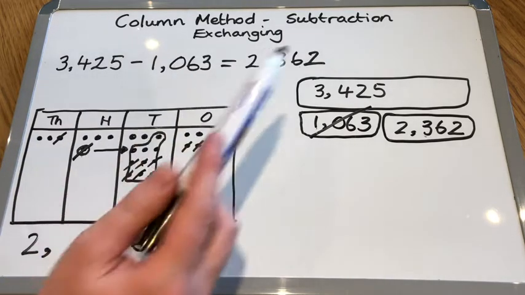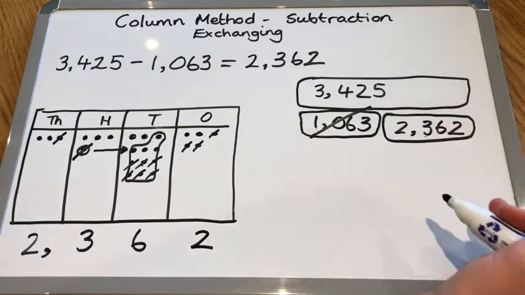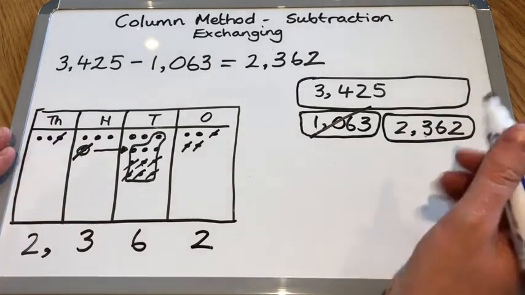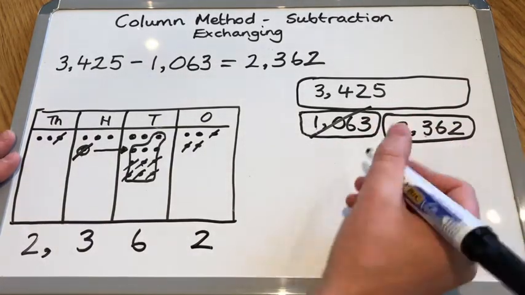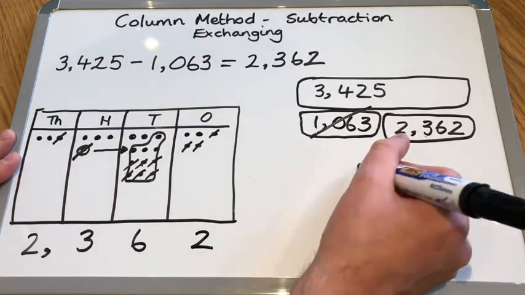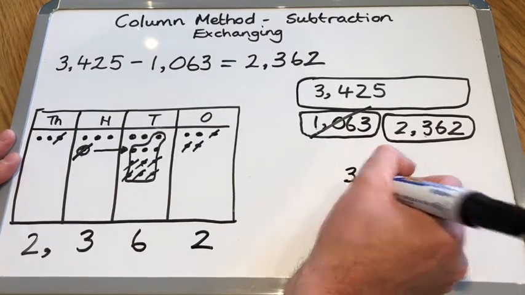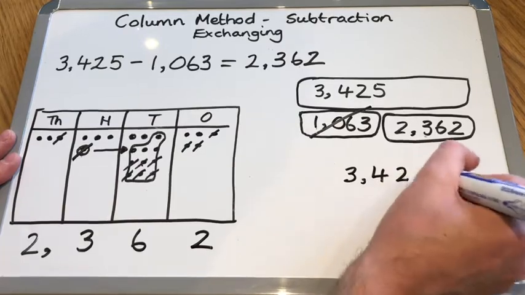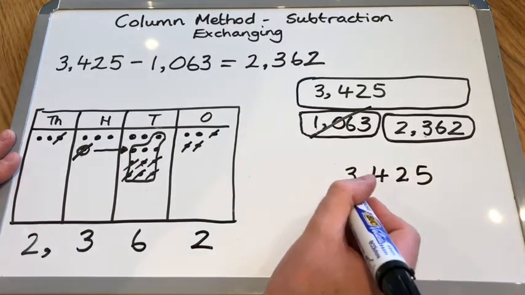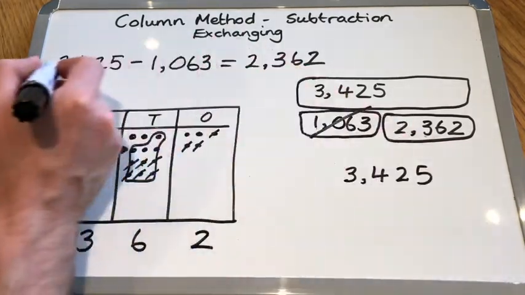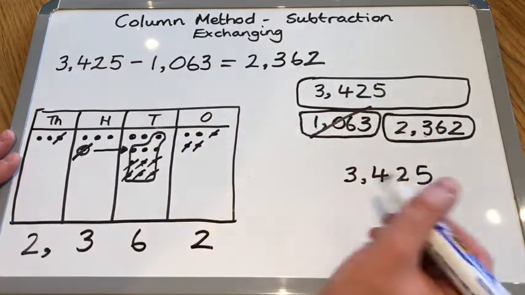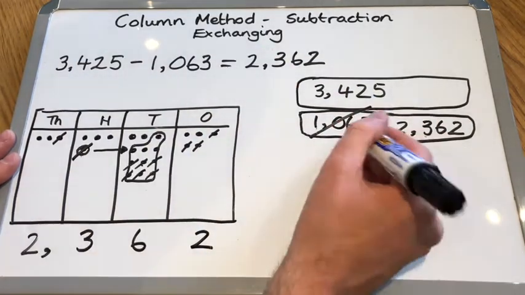Now what we should do is we should put it into the column method so we can see how it works and how it looks in there. Now remember, column method, everything is set in columns. That's one number above and below another. Now of course I'm going to begin with the large number, the whole, and then subtract the part,